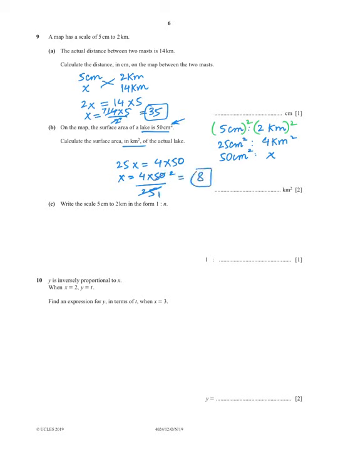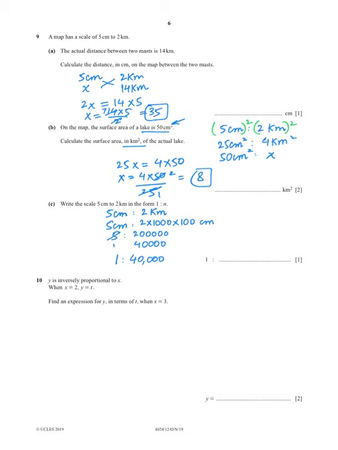That is your answer. Let's see, write the scale 5 centimeter to 2 kilometer in the form of 1:n. So first thing, you need to make the unit the same on both sides. So it will be 5 centimeter to 2 kilometer. It will be 2 multiplied by 1000, that is meters, and multiplied by 100, so that is in centimeter. Now it will be 5 centimeter to 2000 times 100 centimeter, or I can say that 5 is to 2, 1, 2, 3, 4, 5. Both sides we have the same unit of centimeter. 5 ones are 5, 5 fours are 20, and 1, 2, 3, 4. So the final answer is 1:40,000. That is your answer.